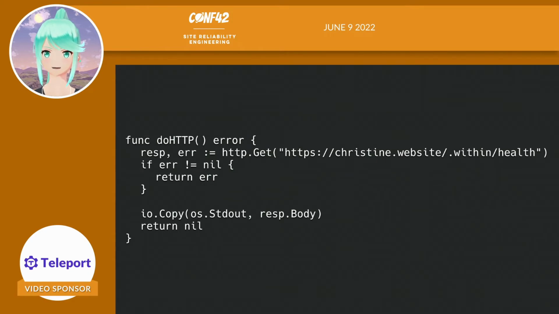This is an example of Go code that will compile. It'll likely do what you want, but it is incorrect. It is incorrect because the HTTP response body is read from, but it's never closed. In Go, when you don't close the response body, you will leak the resources associated with that HTTP connection.